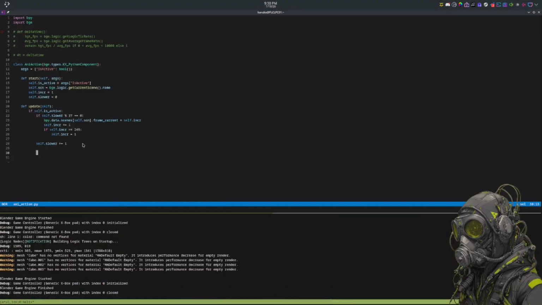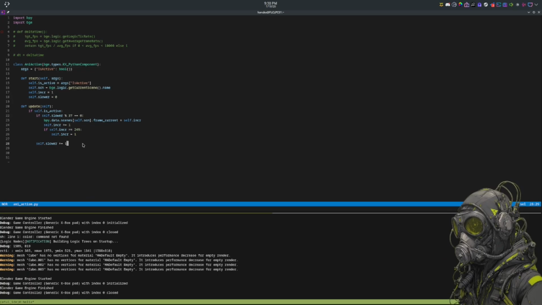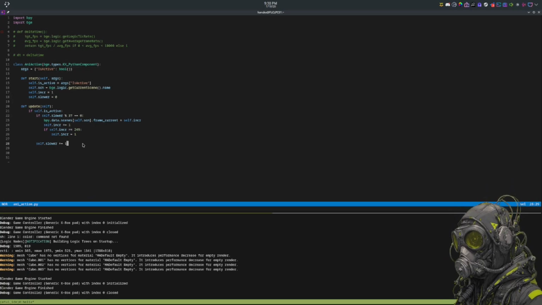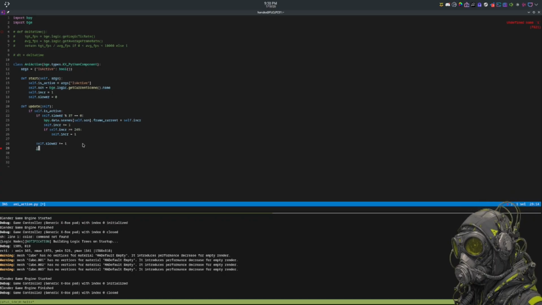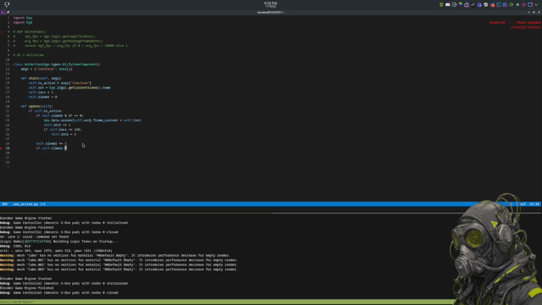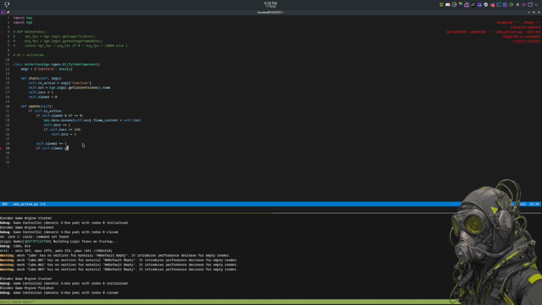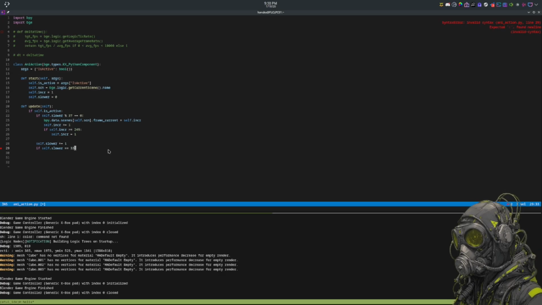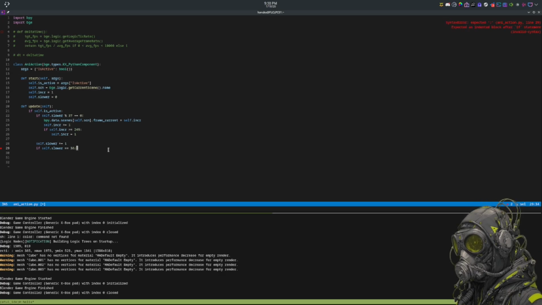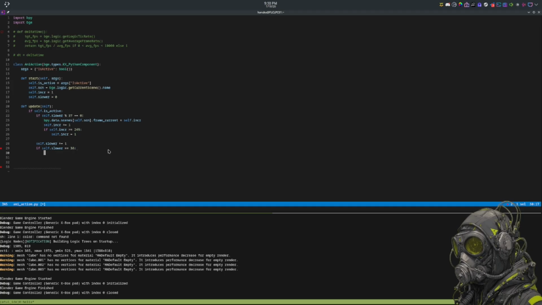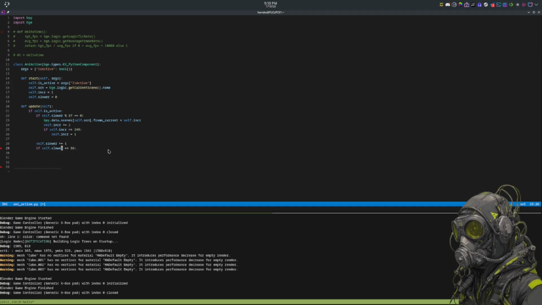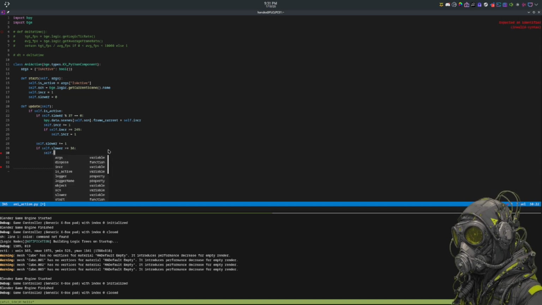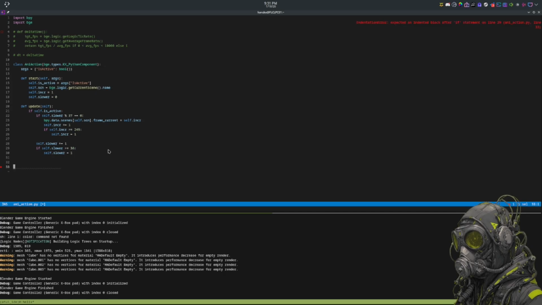The other thing we should do, though, after all this, is: if self.slower is greater than or equal to 38, self.slower is equal to 1. So that way,